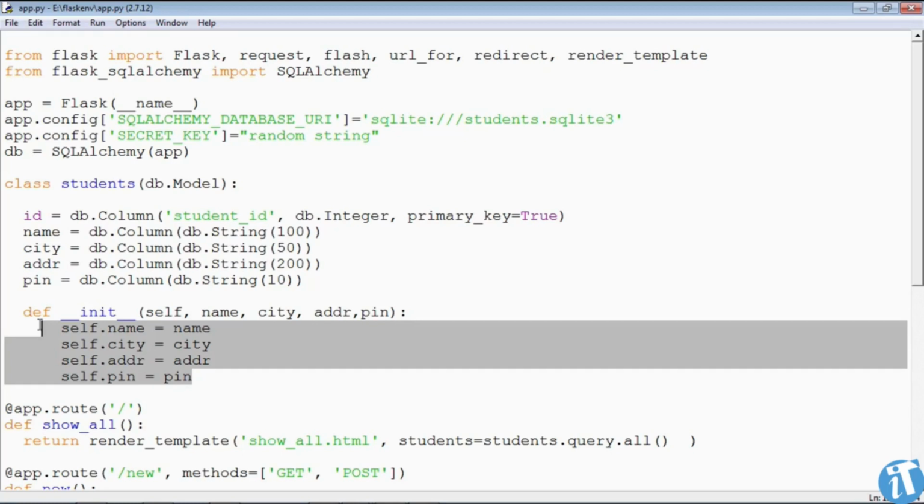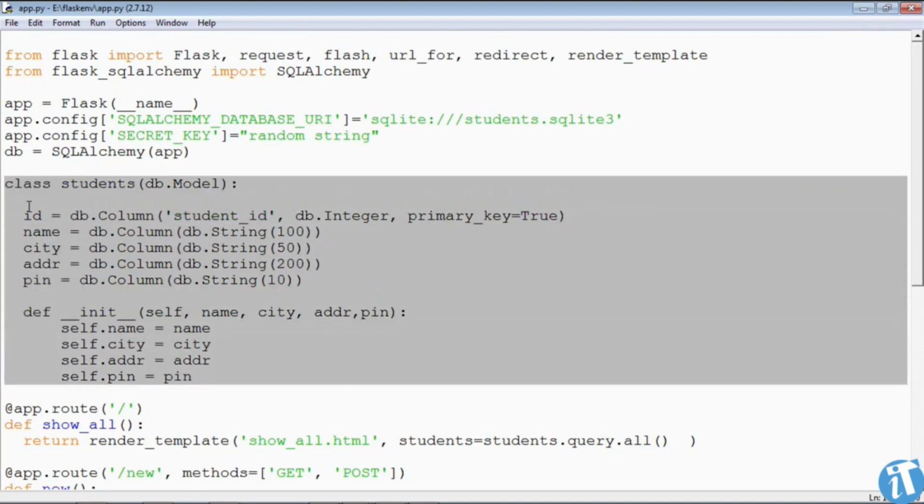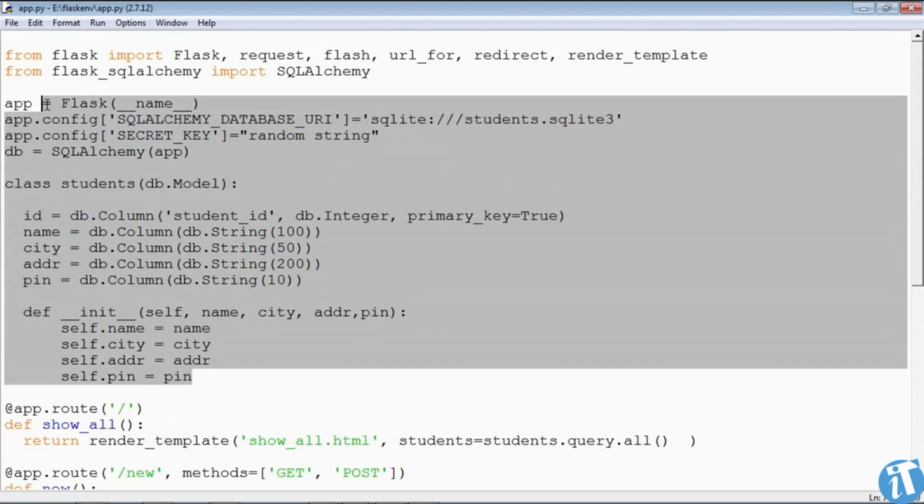So later on there will be an object of the students class declared which will take 4 arguments. Okay, so this is our model. So 3 aspects we have seen: import, Flask application configuration and declaration of the model. So this is our first step of the